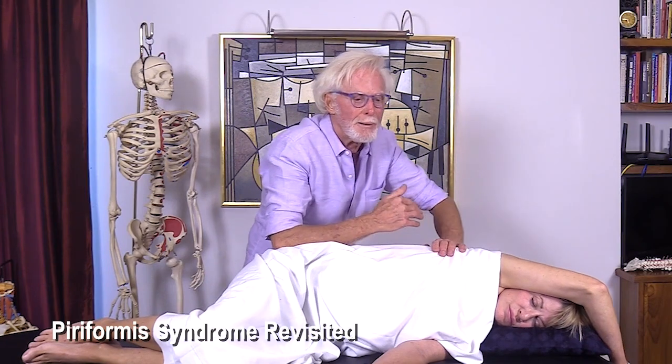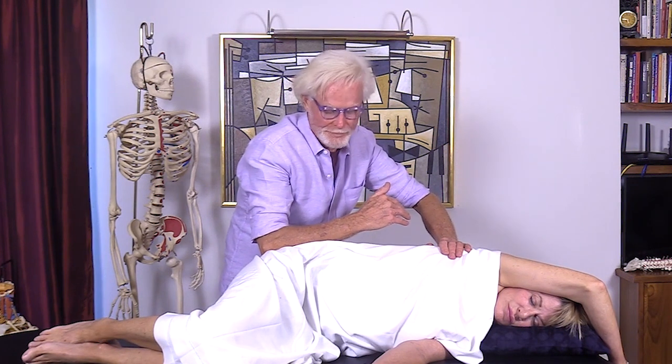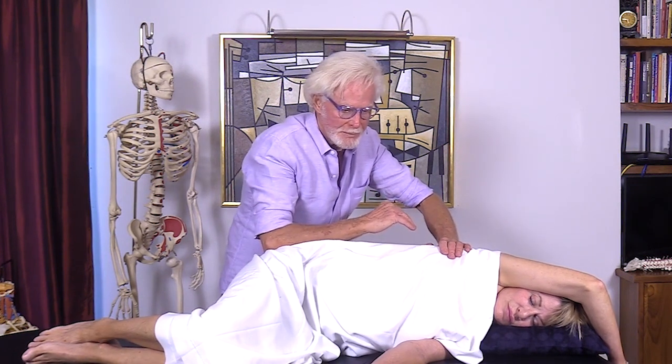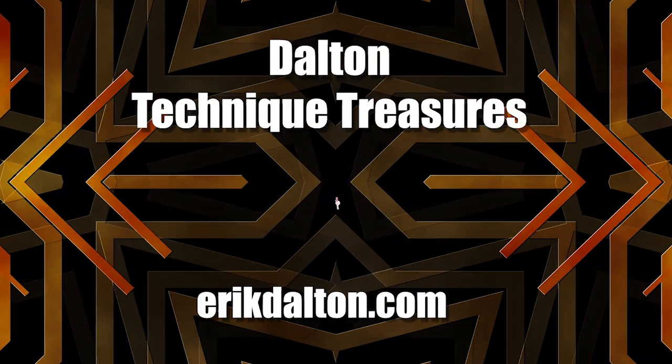Notice how I have a counterforce going here where my left hand is bracing at Terry's thorax while my right forearm drags piriformis distally. I hope you enjoyed this